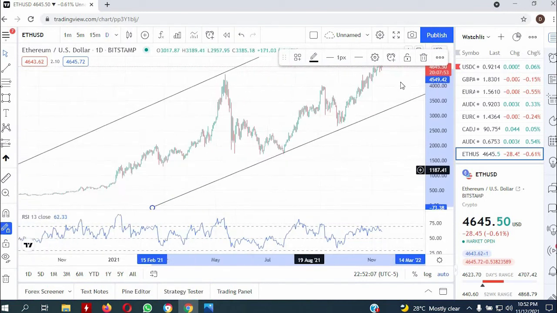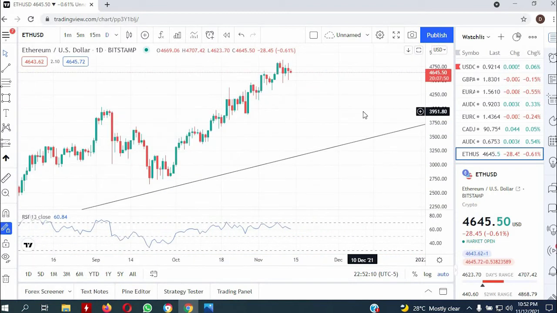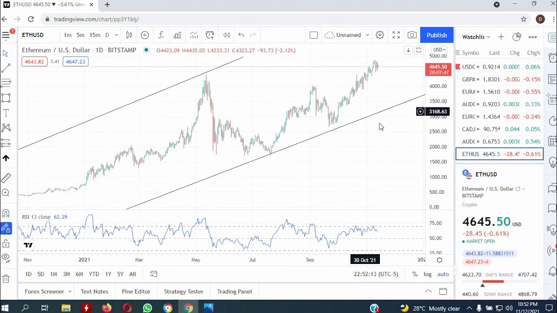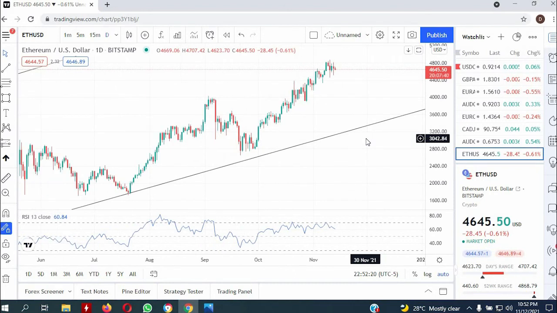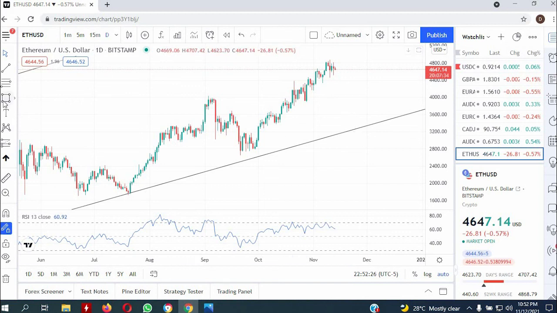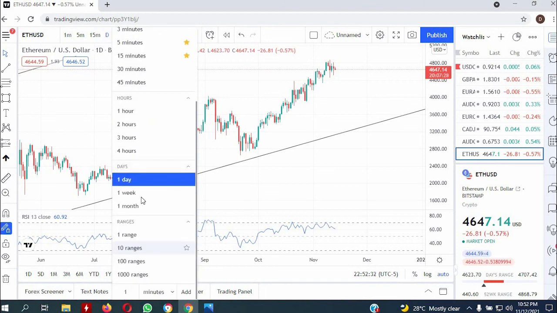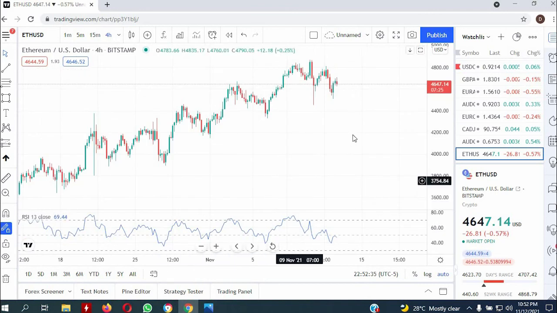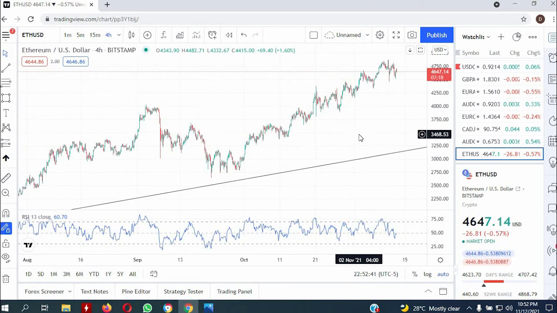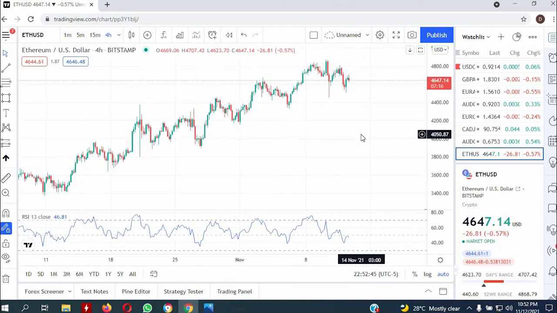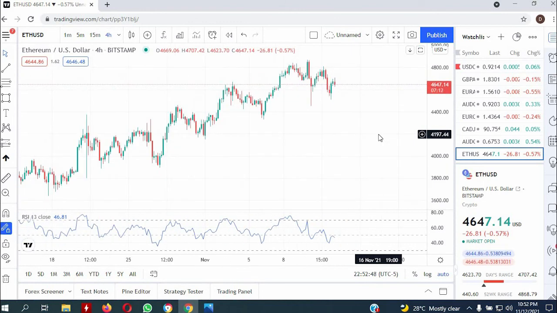So Ethereum is in a strong bull trend. So on this 4-hour time frame, the Ethereum seems to be